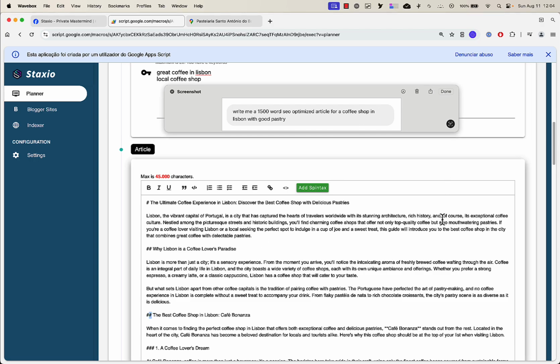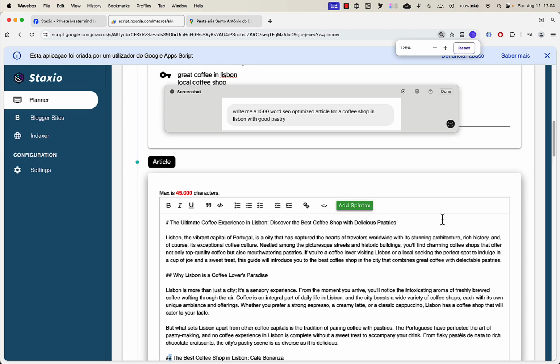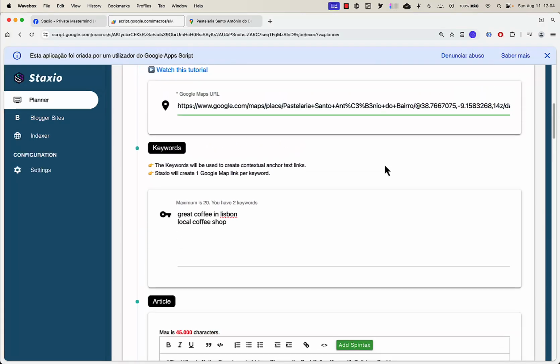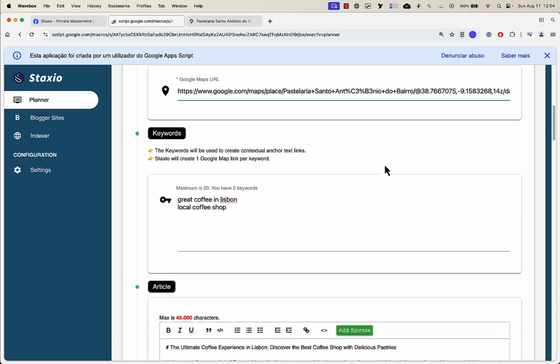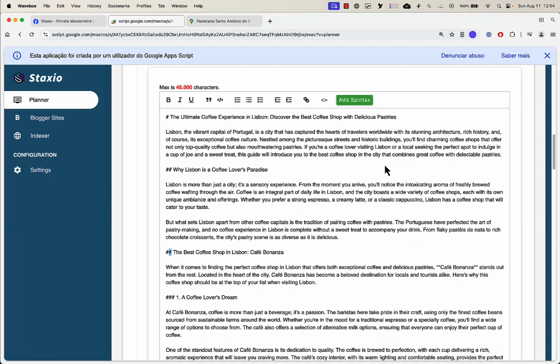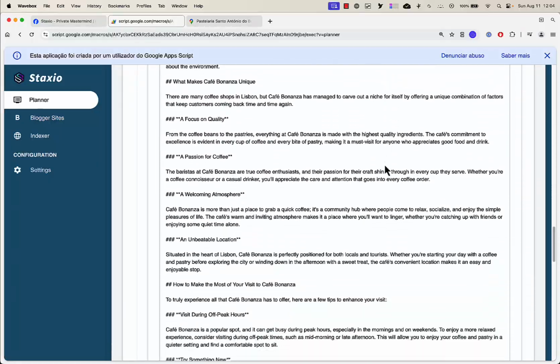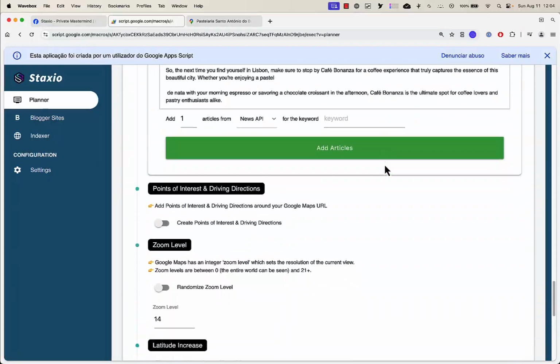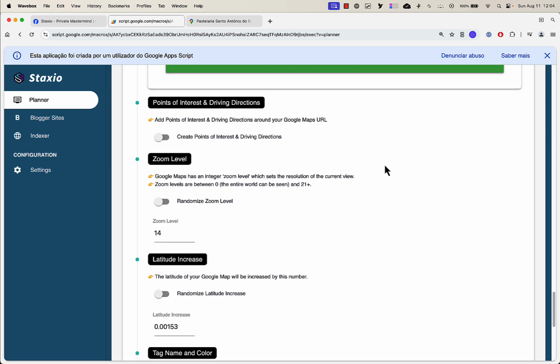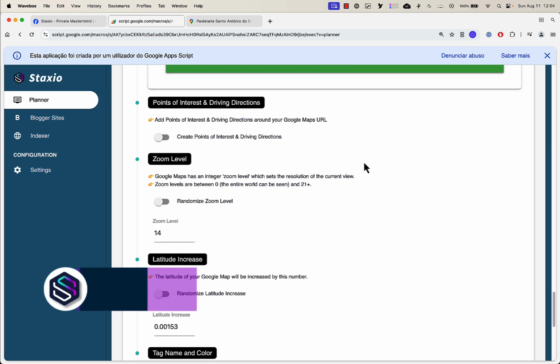So maybe let me zoom in a little bit. Let's just zoom in for a little bit, so you can get a better view of what I'm typing in. Okay, so there it is. We have the article. So let's move on to the next option, which is the points of interest in driving